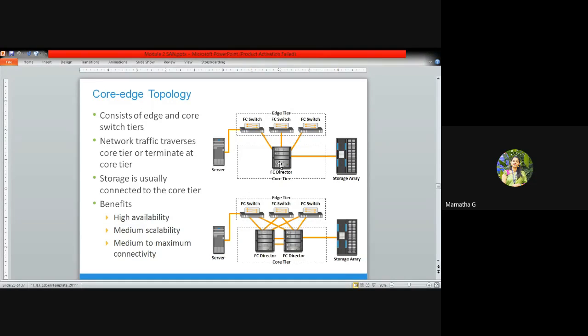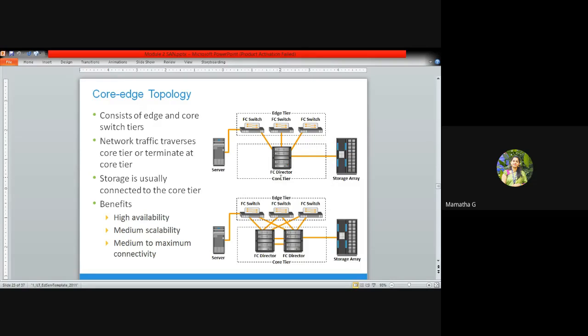When we come to the core edge topology, you can see the server is connected to n number of switches in the tier called edge, and this is interlinked to the core tier, and storage is connected to the FC director that is in the core tier.